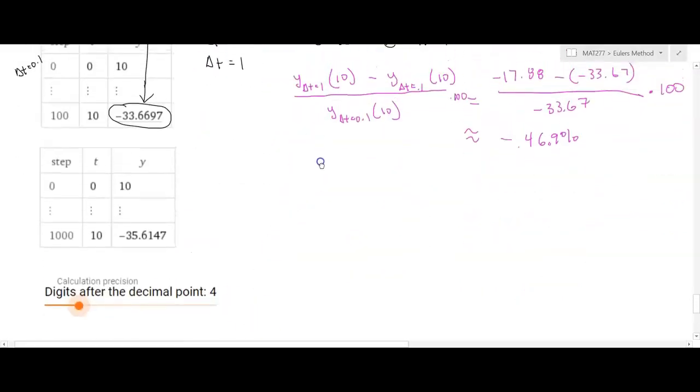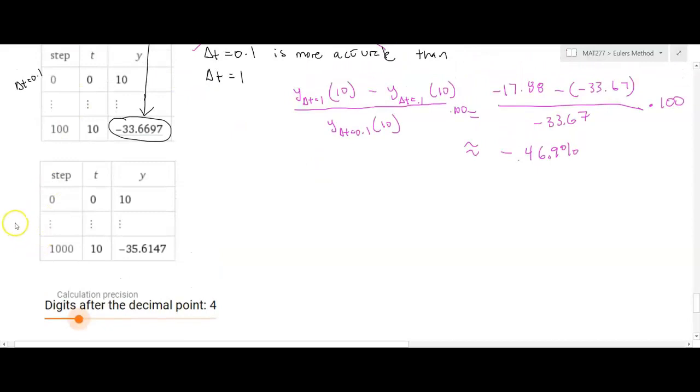Now, if I compare it to this next decrease in step size, which is delta t equals 0.01, you can see that now it's requiring 10 times more computations because I cut the step size into tenths, and now my estimate is this value here. I'm going to spare all the notation here, and so I know that my estimate, or the less exact of the two estimates, is the negative 33.67 minus the more exact one, which is negative